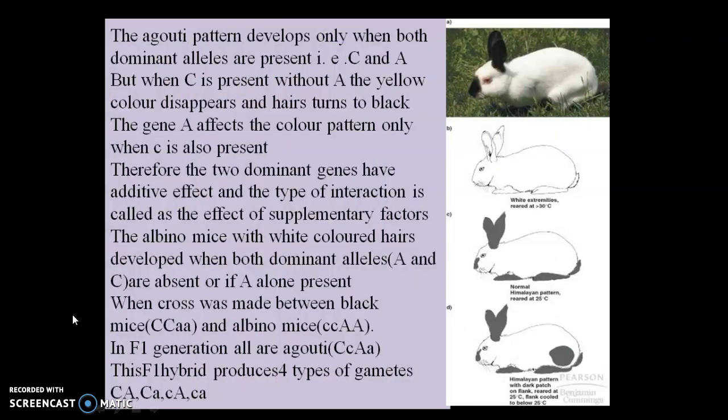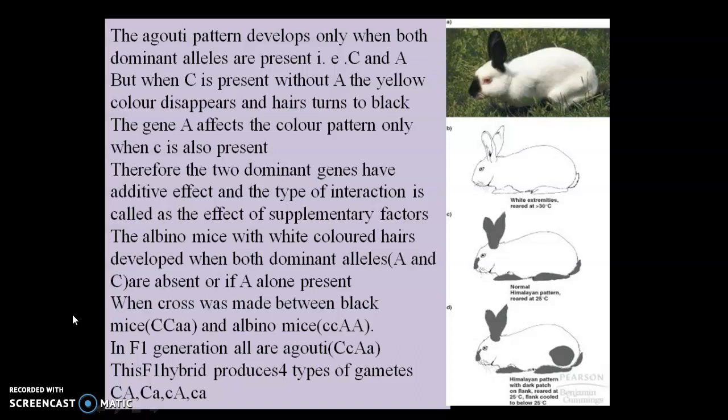The agouti pattern develops only when both dominant alleles are present, that is the capital C and capital A, but when a capital C is present without capital A, the yellow color disappears and hairs turn black. The gene capital A affects the color pattern only when a capital C is also present. Therefore, the two dominant genes have an additive effect and the type of interaction is called the effect of